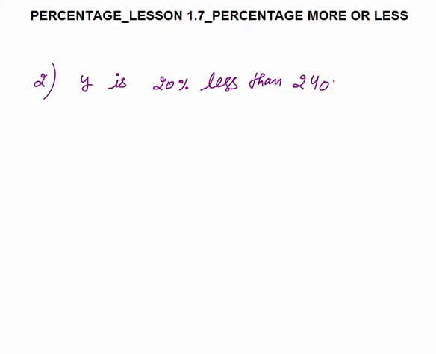Now the second question, you should try to solve first by yourself, then look at the way I have solved. Now y is 20% less than 240. How will I write this? Y will be equal to 240 minus 20% of 240. Now there are again three ways to solve. Either you can solve as it is,